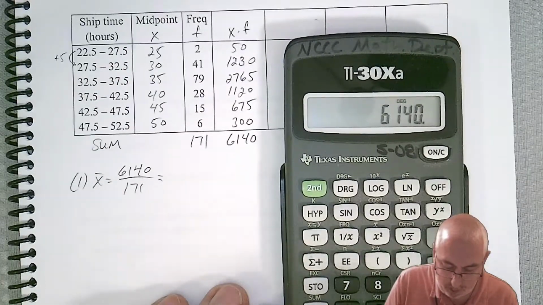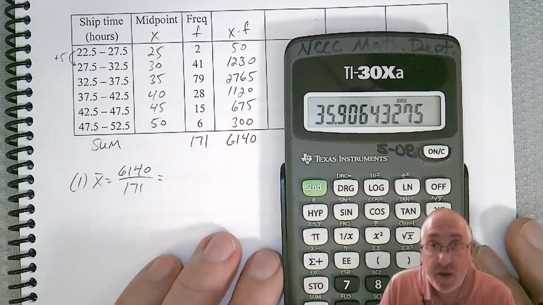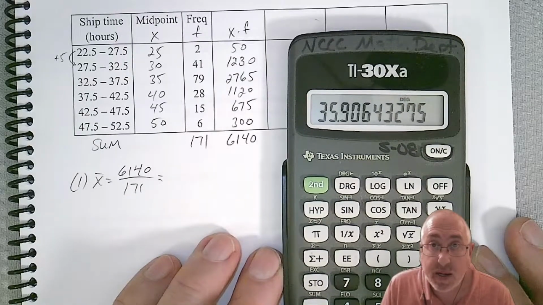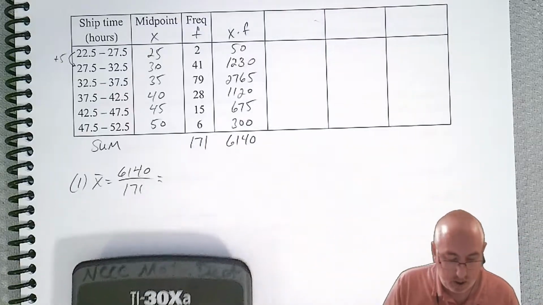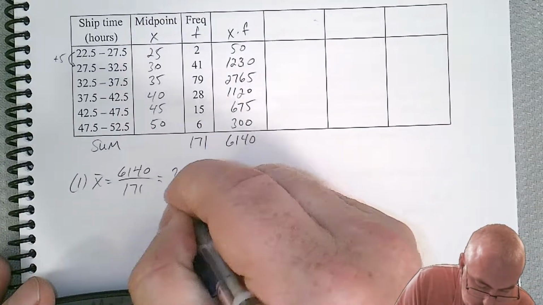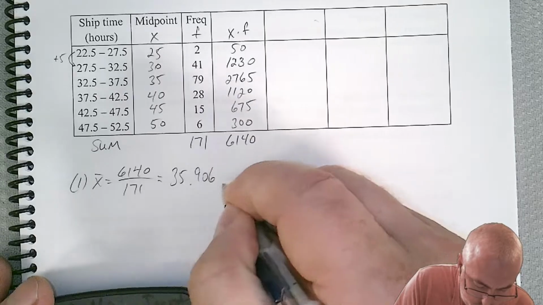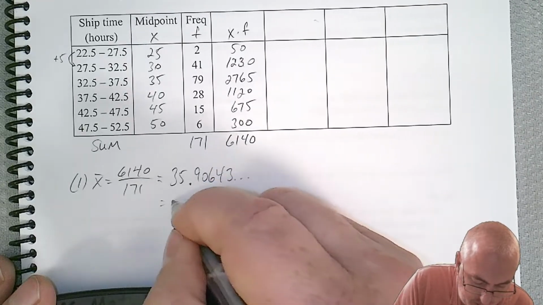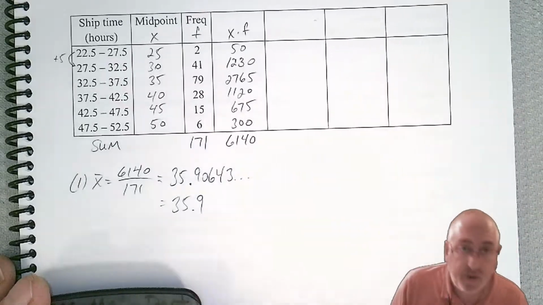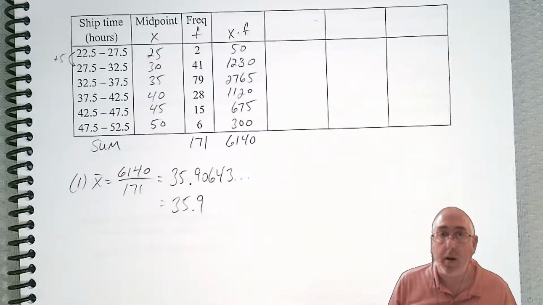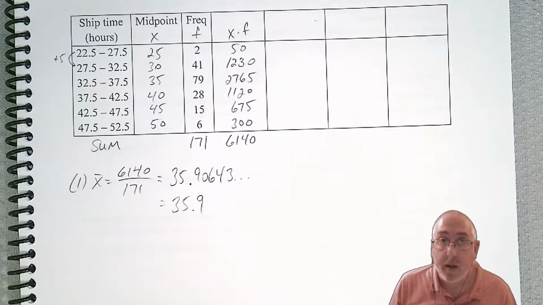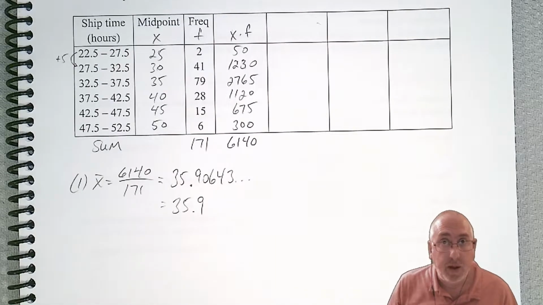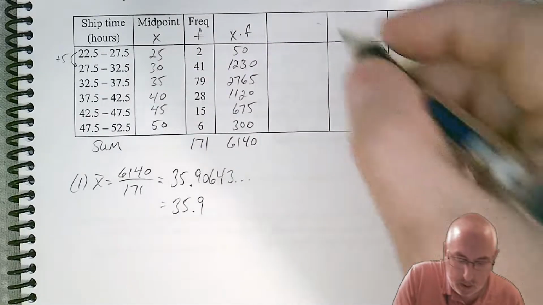$61.40 divided by 171 equals 35.906 and change. So let's round that to 1 decimal place, 35.9. All right, so now we have our mean. So that's step 1. And so now remember step 2